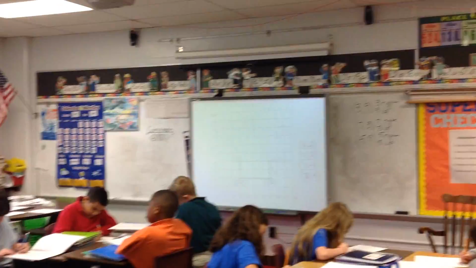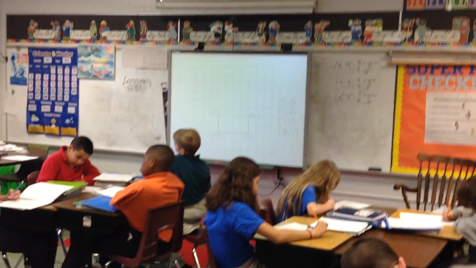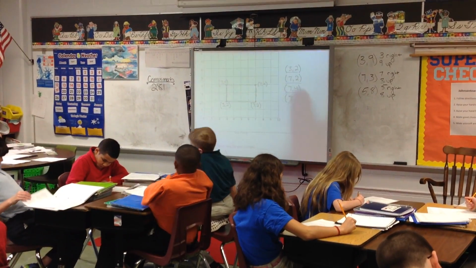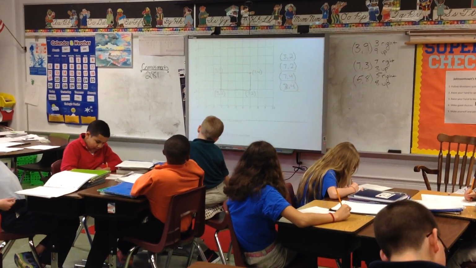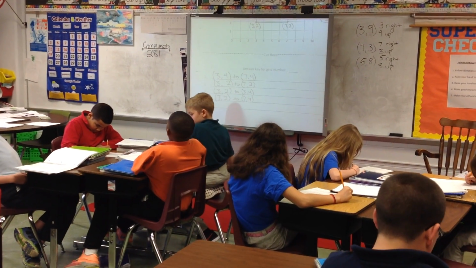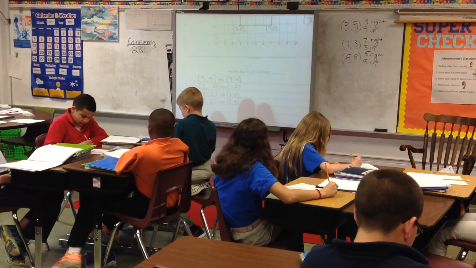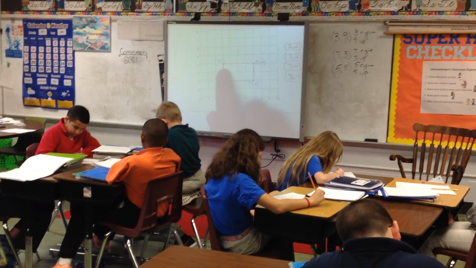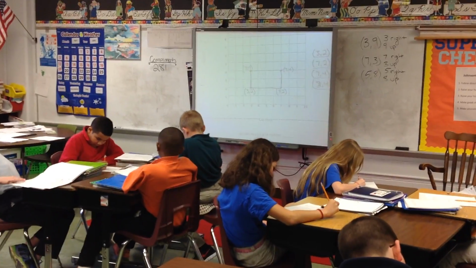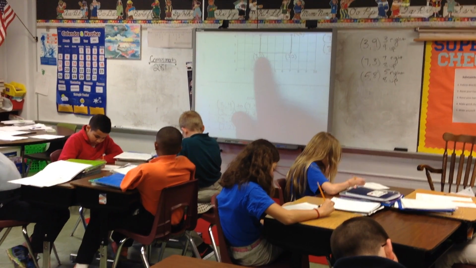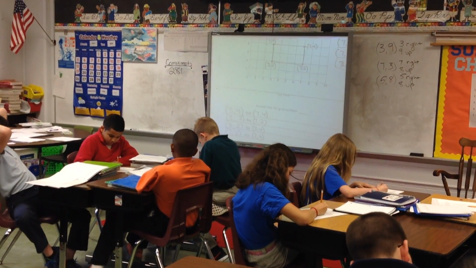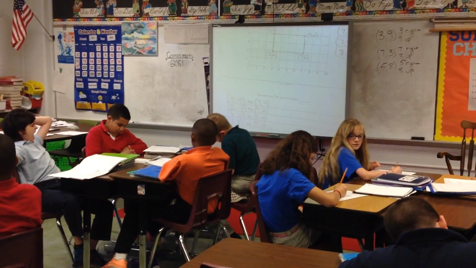Alright guys, here's what you're going to do. On this one, you have your shape on your grid, you have your 4 points off to the side that you plot, and you have your directions down here at the bottom. So you can see I connected 3, 4 to 7, 4. So up here, 3, 4 to 7, 4. 3, 2 to 7, 2. Up here I got 3, 2 to 7, 2. And so on. So what I'm going to do is I'm going to give you another one of these pieces